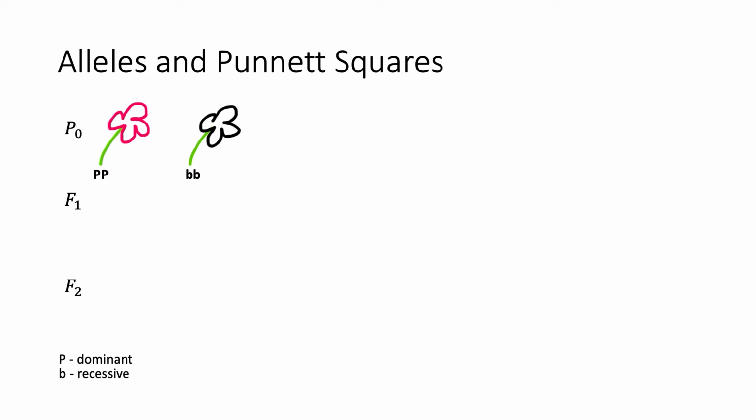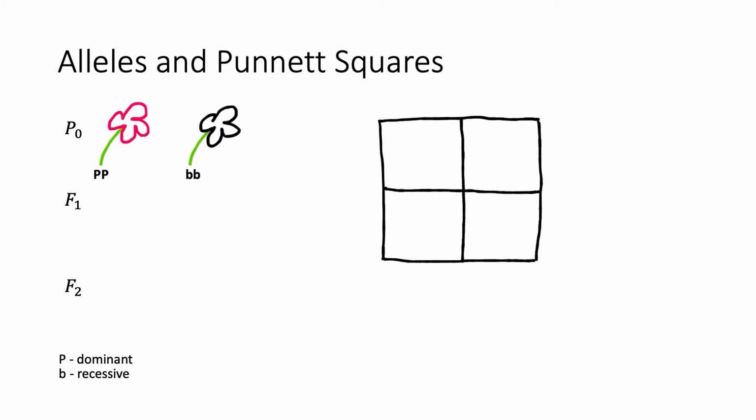And then we can determine this genotype by drawing something called a Punnett square. The way Punnett squares work is we put the parents' genotypes on two adjacent sides of the square. And from then, we combine the alleles in the actual square to figure out all the possible genotypes. So we'll start by putting the pink genotype, the two uppercase P's, on the left, and the black genotype, the two lowercase b's, on the top.